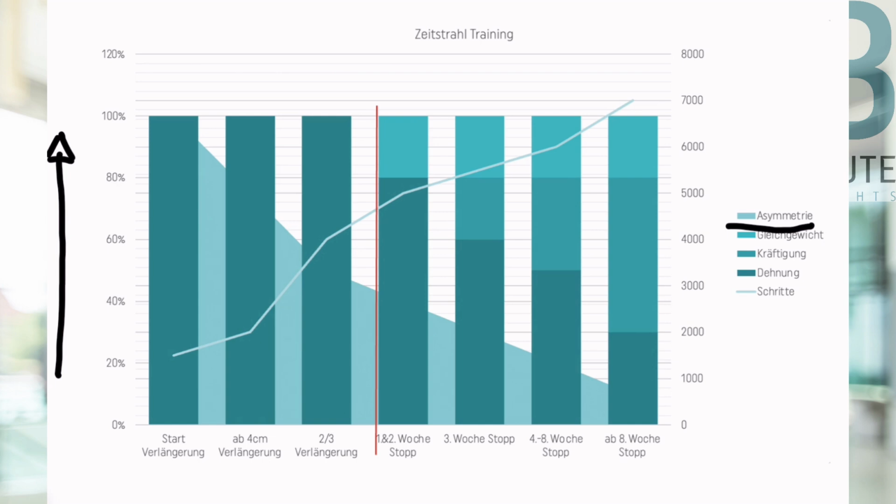In the initial phase of the extension, this is almost unavoidable due to the tension and the lack of training in free walking. An asymmetry in the range of between 60 and 70% is not uncommon after the operation. As you progress, especially beyond 4 centimeters of extension, you should spend more time on minimizing the asymmetrical component of your free gait as much as possible.